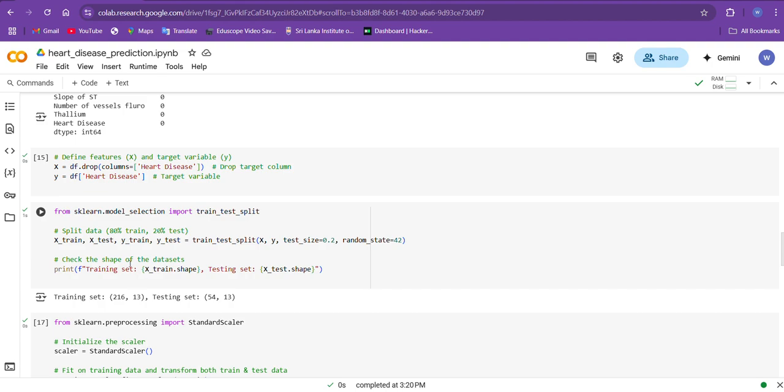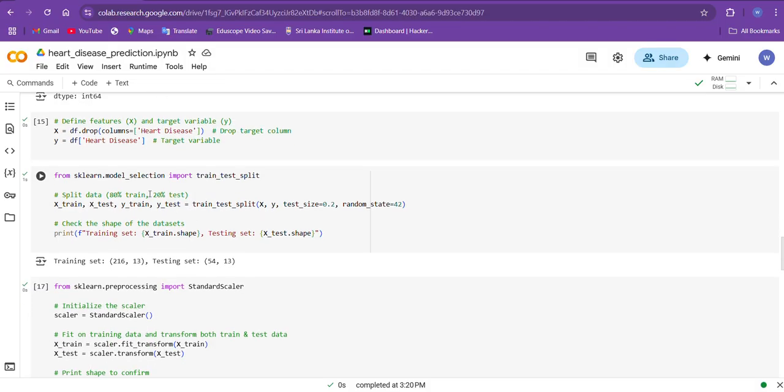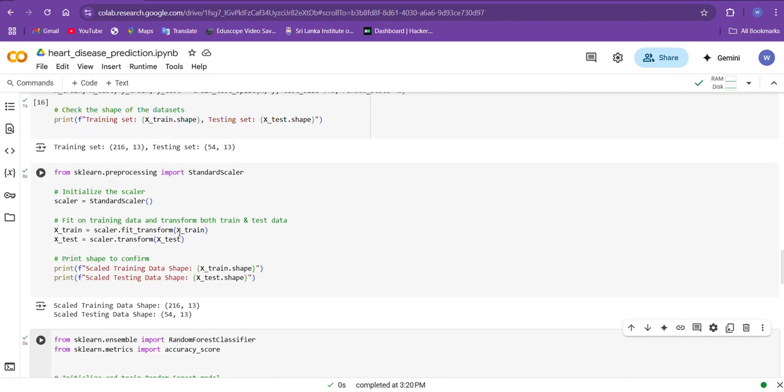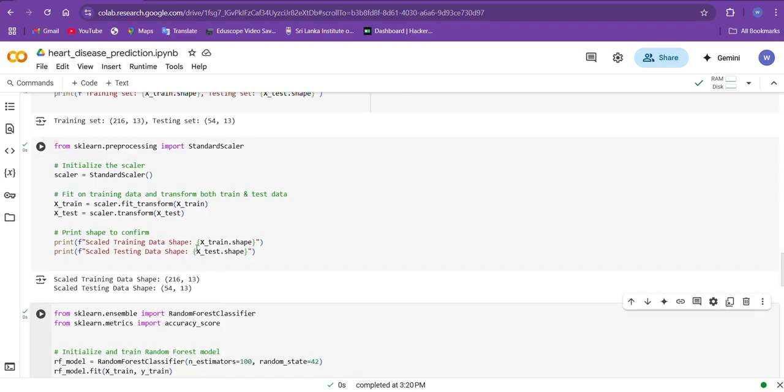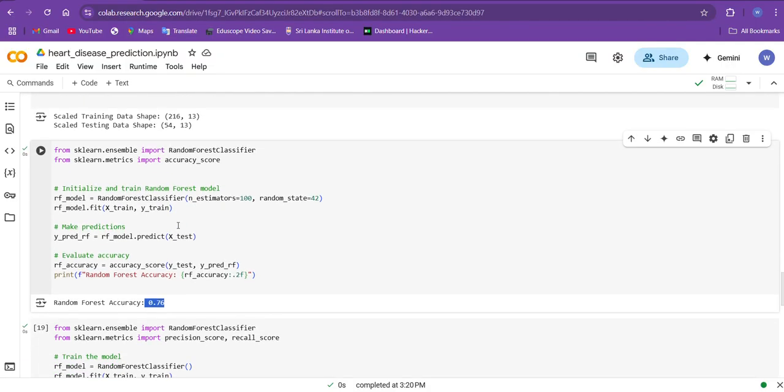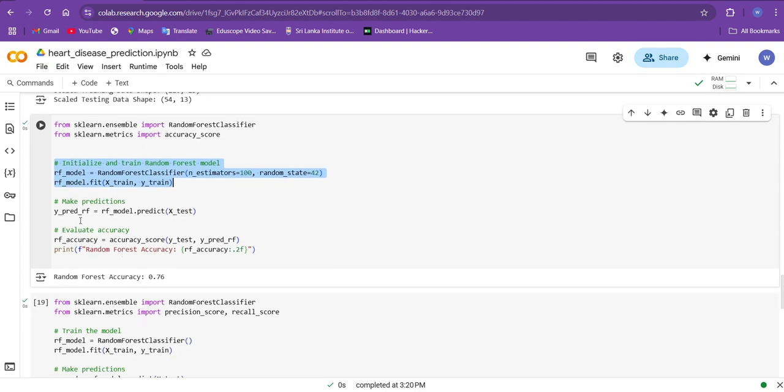After that, we are going to take our data set and split that into training and testing. Here I got 80% for the training and 20% for the testing. After splitting this, we are going to check the shape. After that, we are going to use the random forest classifier. I'm going to train the model. Here is where we initialize and train the random forest model. Then after evaluating the accuracy, I get